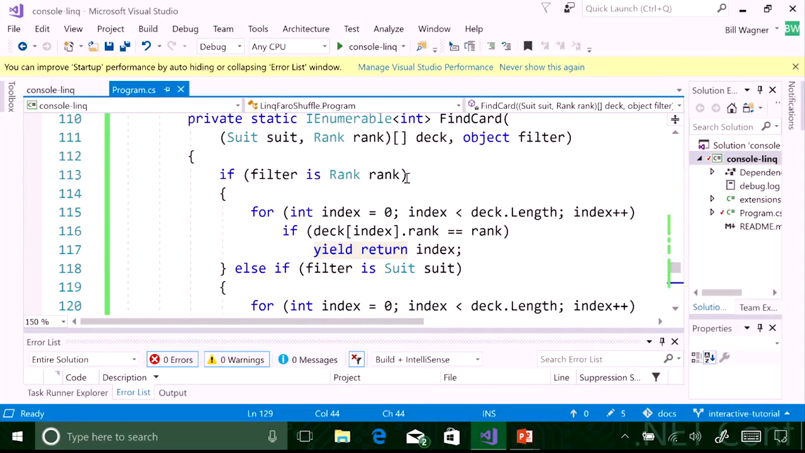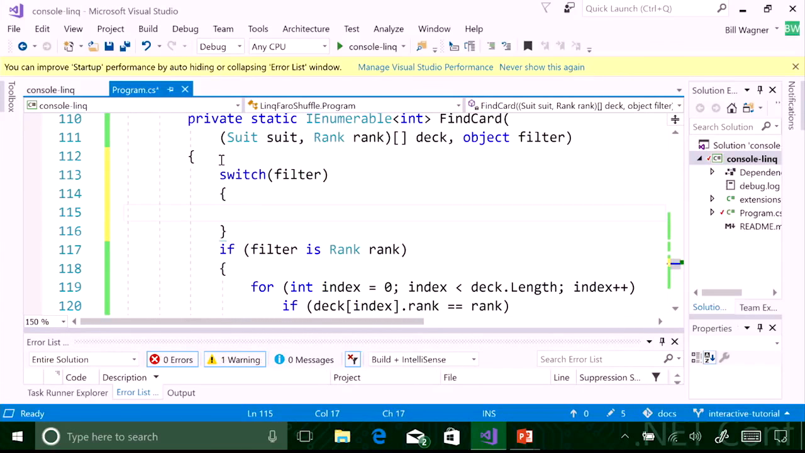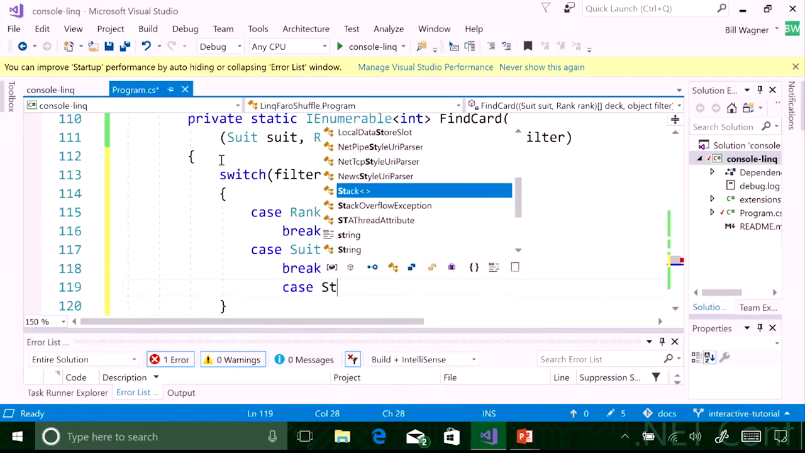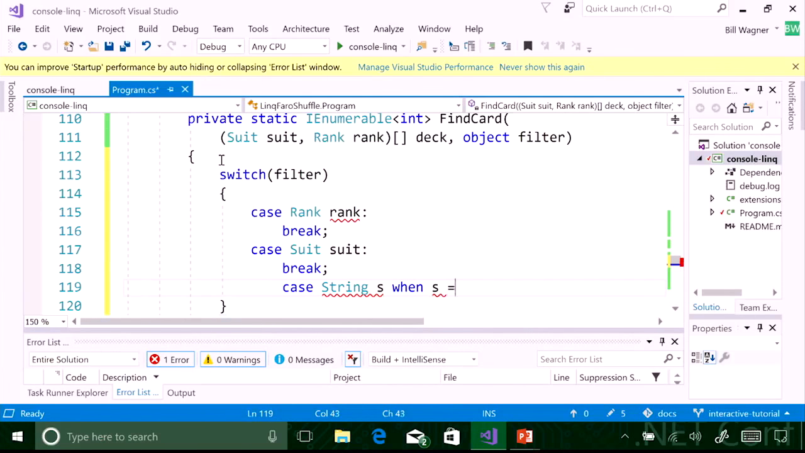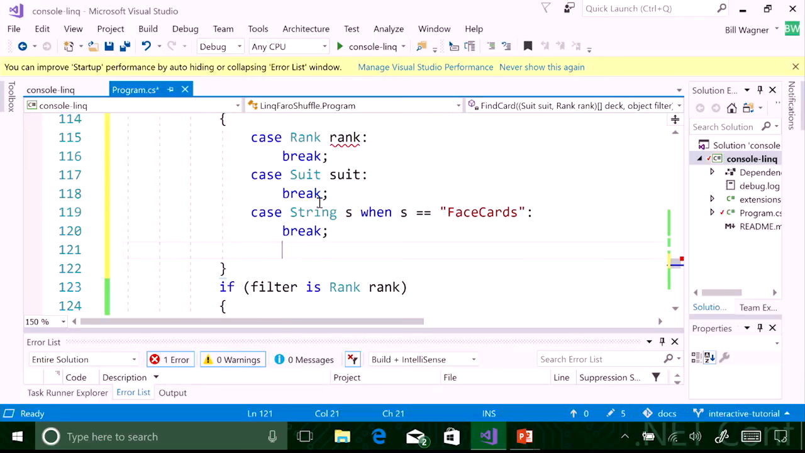So I'm pretty sure this if else thing is going to grow. Well, let's change that to a switch. So I'm going to switch on filter, and I'm going to have three cases. I'm going to have case rank, just going to have a break. We're going to have a suit. I'm going to break on that one, and I'm going to have a case string s when s is equal to face cards. Okay, there's some red squiggles there in rank, which we'll take care of as I remove some of the code